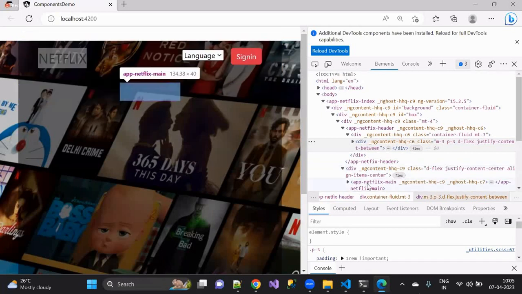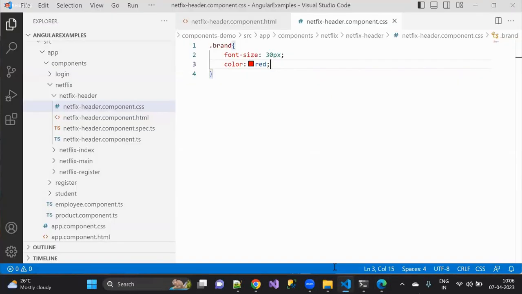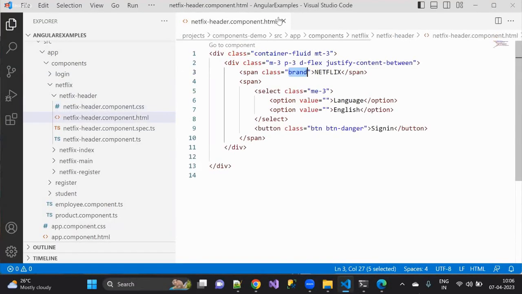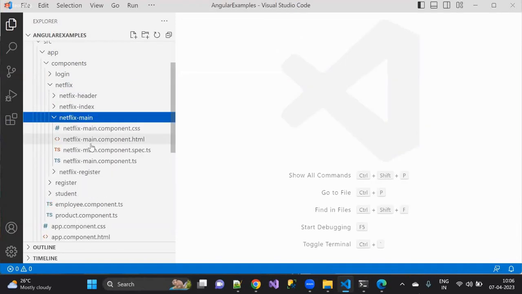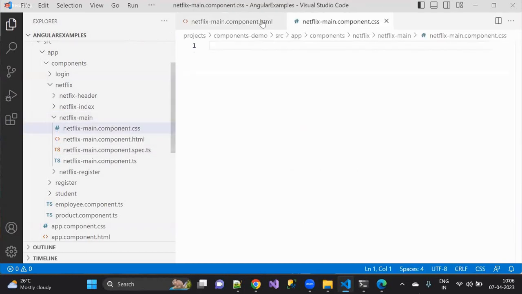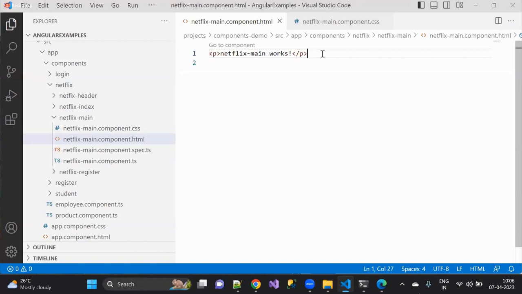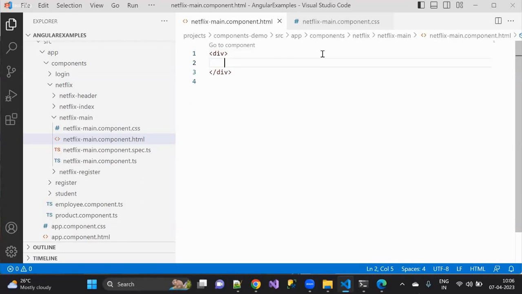Let me try to write something on the main. Now you can see main works here. This is my main content. Now here I wanted to add something. So simply what I can do here is, I'll come back to here. Where is the main? You can go to here, the main. And in the main, I have the HTML and I do have the CSS. And in the HTML, I'll have a div. Let's have a div, where in the div, I can say H1 unlimited